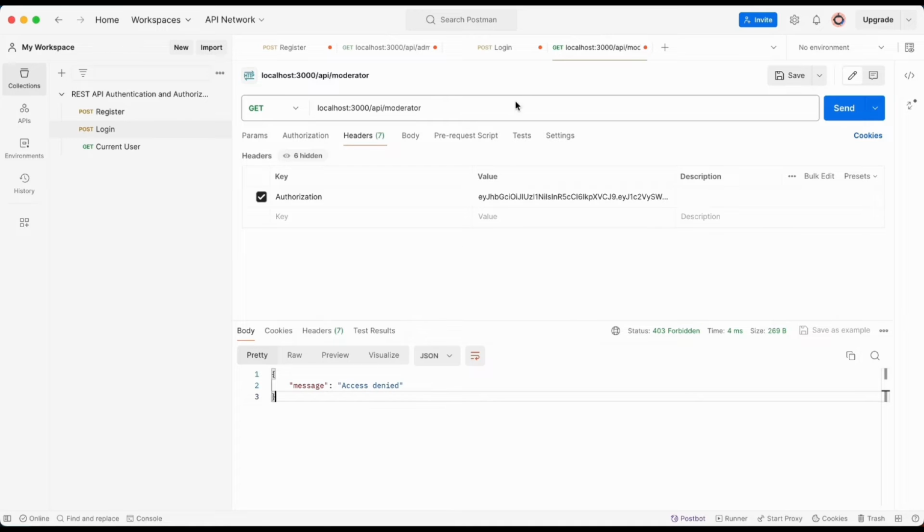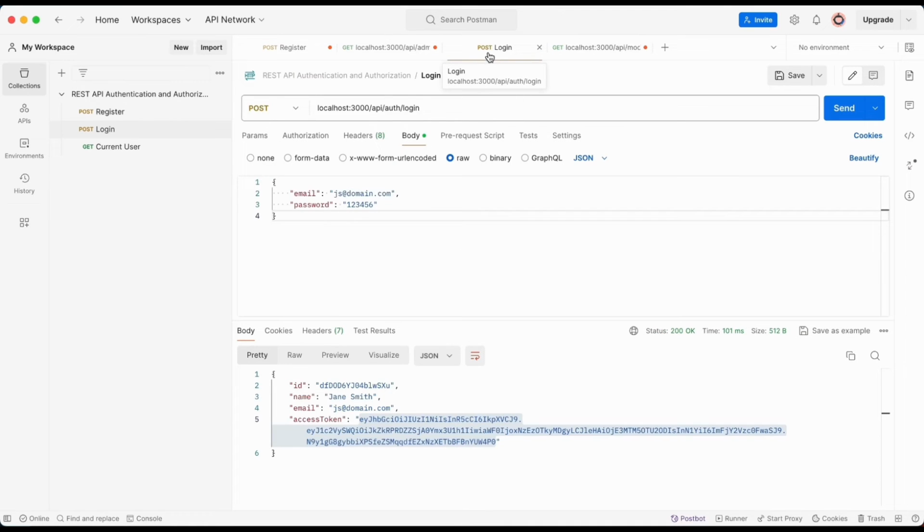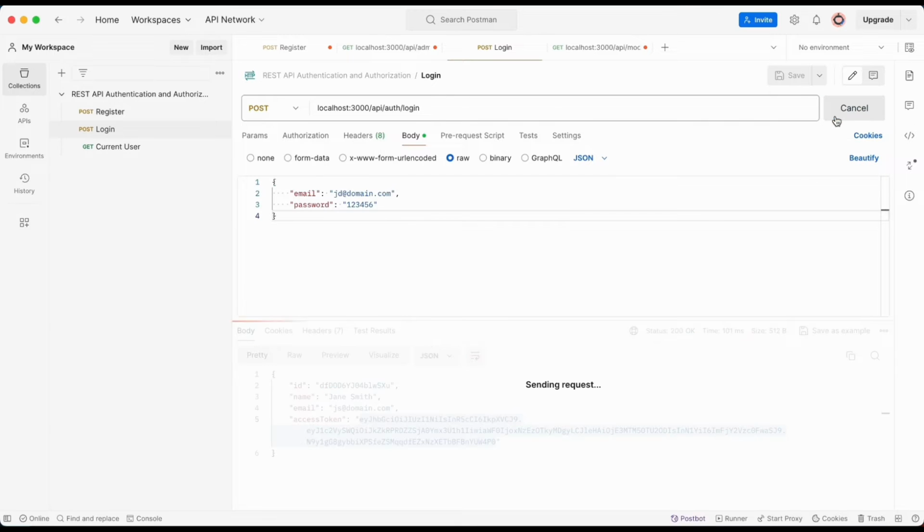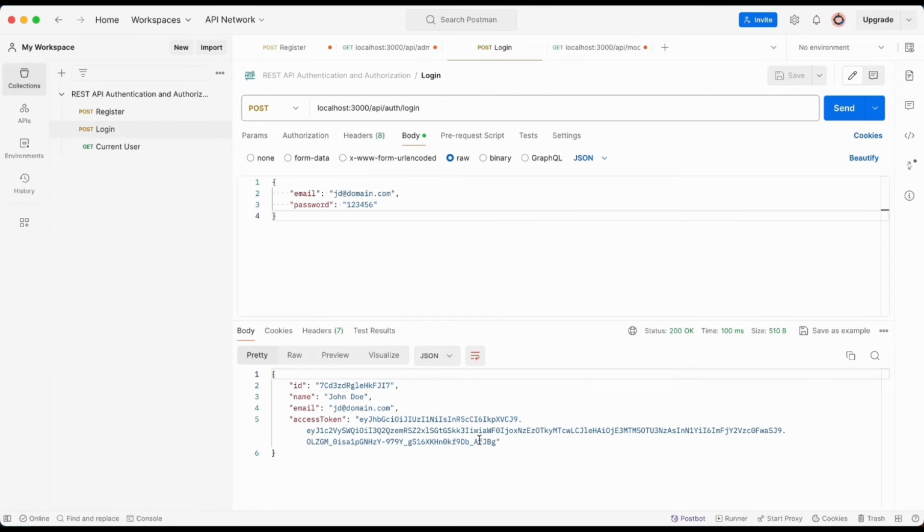Now let's log in with a different user. So I'll change here to John Doe JD, which has the moderator role. The password is the same. We can click on send. Great, let me copy the access token